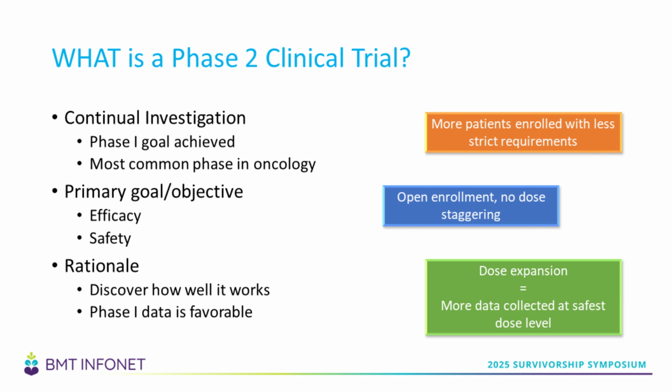Okay, so now we're moving on to a phase 2 clinical trial. So we've gone through the phase 1 trial. We've gone through the phase 1 period. We've seen good results. We've found the tolerated dose for patients. So now we're moving on to a phase 2 trial,